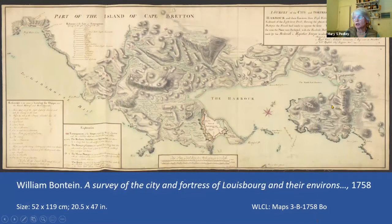That same siege of 1758 was also recorded in a battle plan by the English, who of course were victorious in this siege. This battle plan is even bigger than the one I showed you before, at 47 inches wide. It's about 4 feet wide. It's by a young engineer named William Bonteen. It's showing us pretty much the same action. We've become quite familiar now with this shape of the harbor of Louisbourg, but we also remark on this map that the topography, especially the elevations around the town, are much more